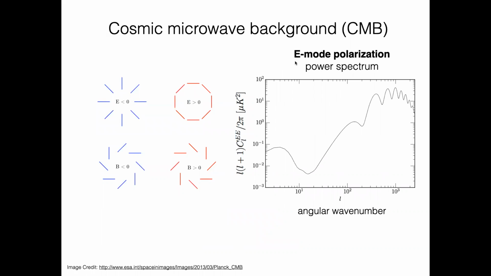We also observe polarization, and we decompose that into E mode and B mode. E mode is a curl-free mode, and the B mode is a divergence-free mode. What is useful for reionization is going to be the E mode polarization. So here again, we use our favorite tool and get our E mode polarization power spectrum, which you see has acoustic wiggles in the spectrum, just like the temperature one. However, it also has this low l bump over here, which is really what is induced by reionization. So we call it the reionization bump.